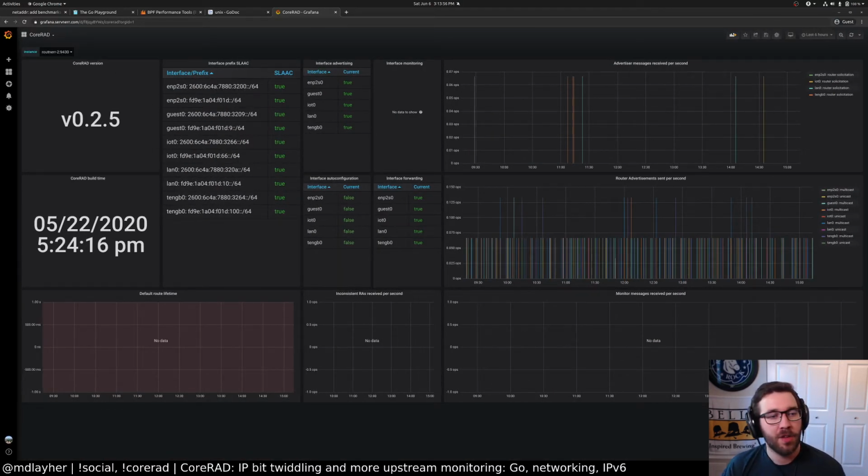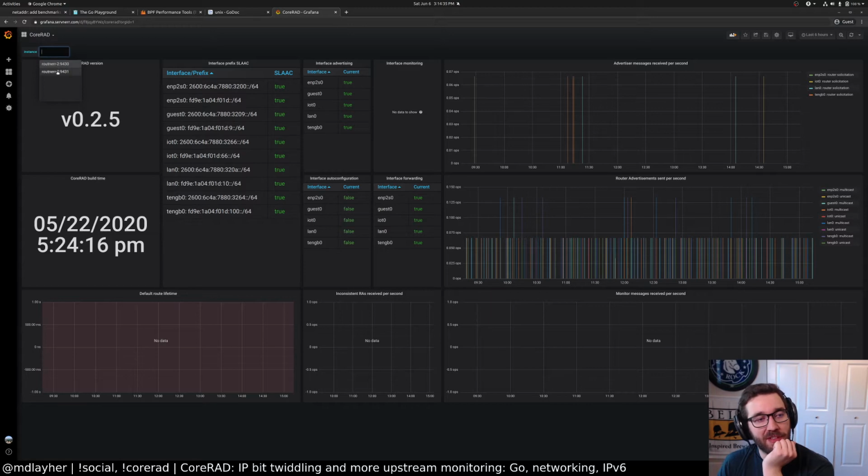It's probably fine. So this is the production instance. I actually set up a separate Prometheus job for production versus the lab. I finally have a separate lab job because I kept breaking things on my production LAN, which is bad. So in prod right now, I'm running 025. It was built on May 22nd. We are advertising prefixes to several different interfaces. There is no monitoring functionality. We are sending router advertisements, sometimes listening to router solicitations. We are mostly doing unsolicited multicast router advertisements.